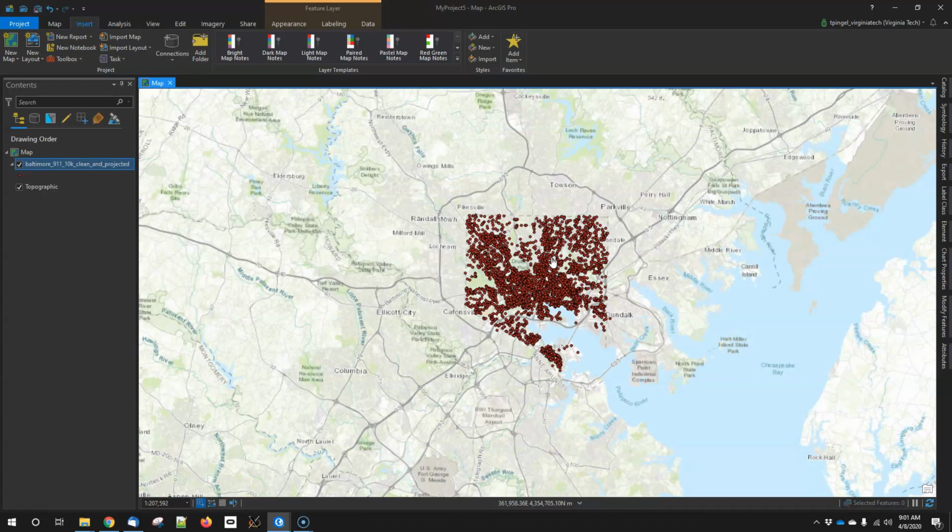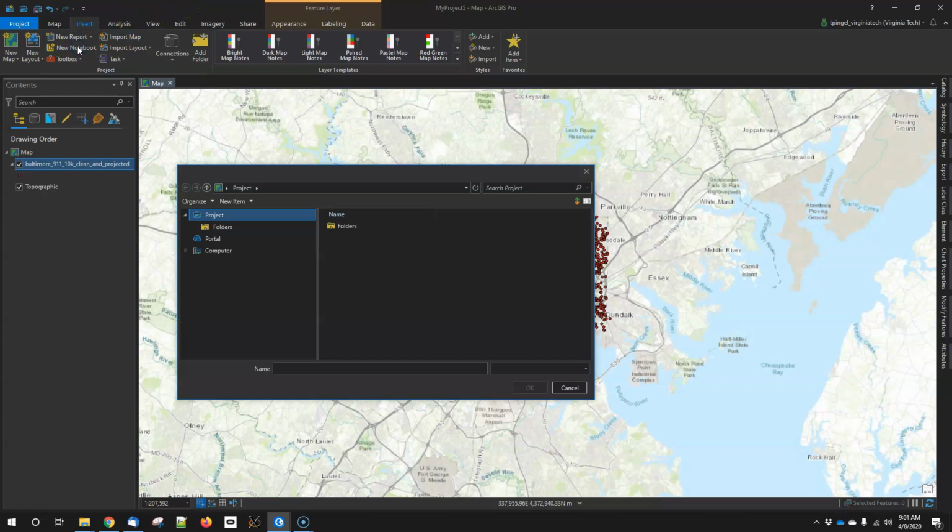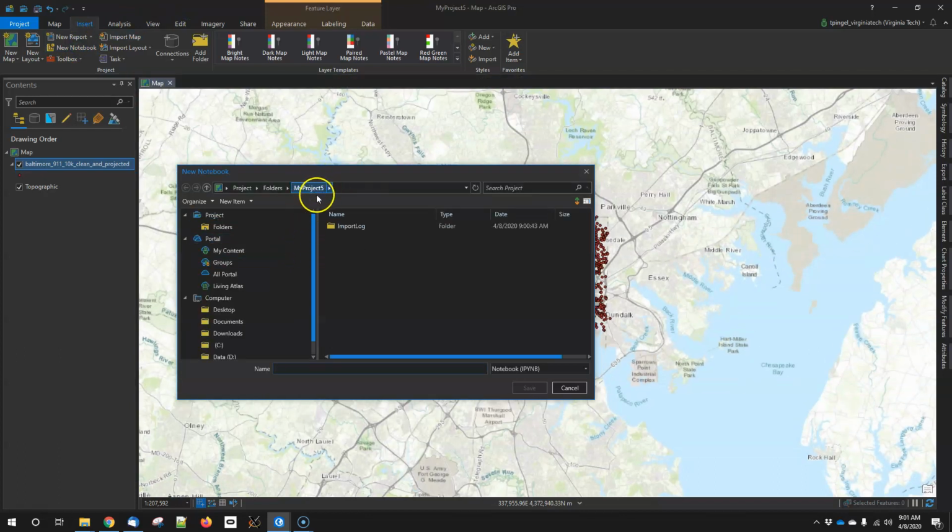So it should be easy enough for you to run kernel density outside of using a Jupyter Notebook. But what if we want to use that? What we're going to need to do is create a new notebook. We're going to make it within our project. So this project folder is my project 5. We're going to name it